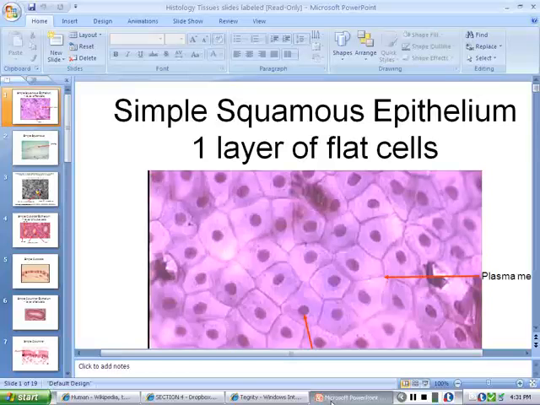Because we don't have a microscope that we can use online, I basically have taken pictures of what you see in lab and blown them up and made a PowerPoint so that I can show you what you would have seen if you had a microscope. I'm going to point out the same structures that you guys need to know if you were in lab, and then you will see very similar pictures on your exam, basically from this PowerPoint and from the PowerPoint that we